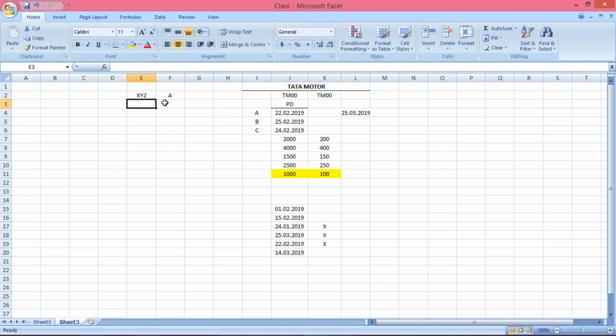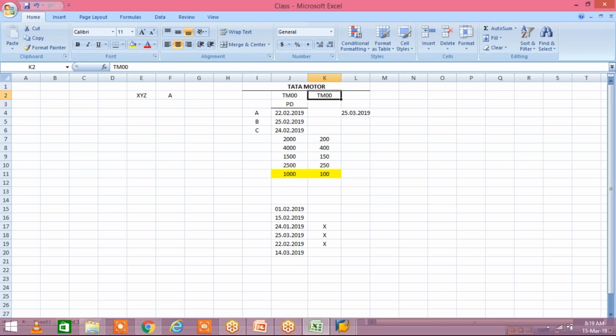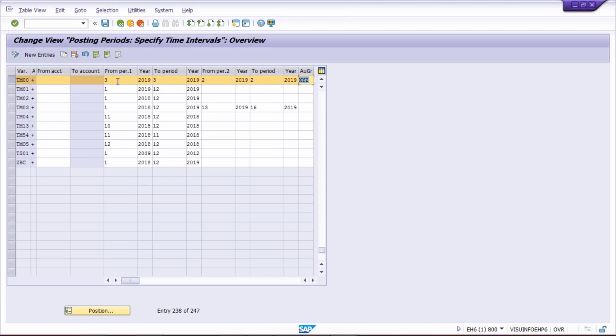Okay, the user ID of A is going to be linked against XYZ. So here, if A is going to post these transactions for the February month, the system will search for which company code? TM00. For which posting period variant? Again, that is TM00 itself that is assigned. And here the system found that against TM00,